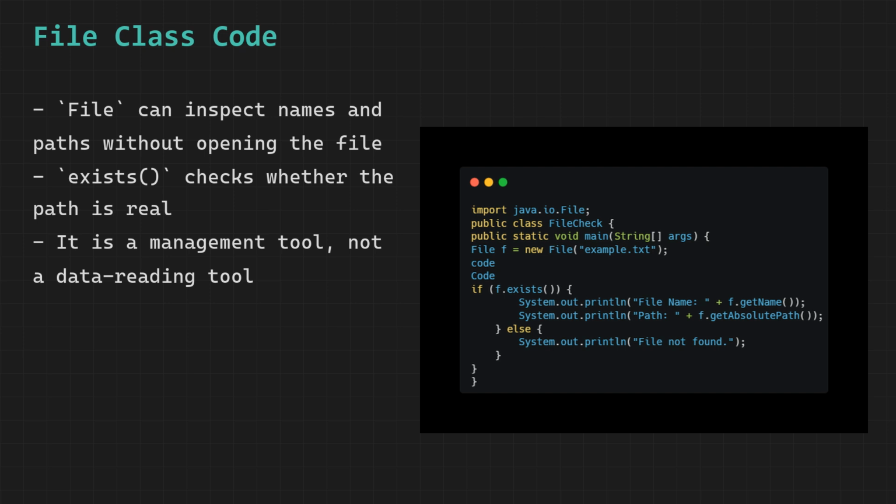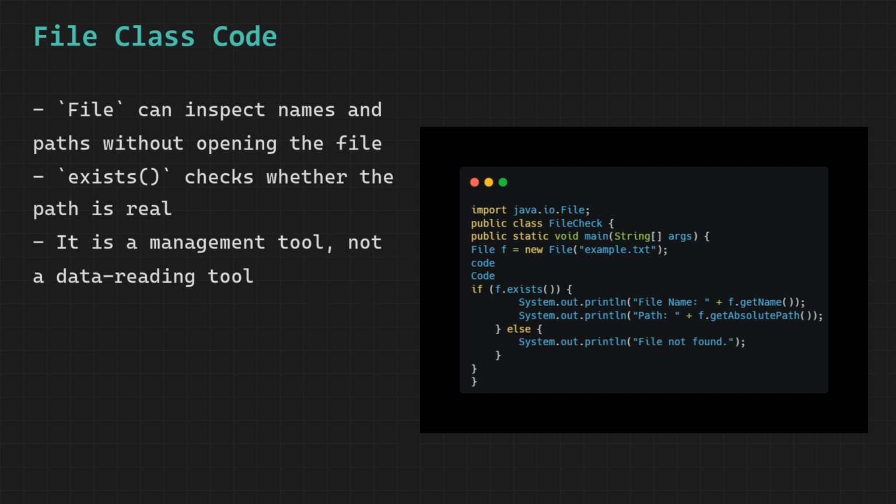Then we call f.exists(). This method actually goes to the file system and checks whether a file or directory exists at the path we specified. It returns true if something exists there and false if nothing is found at that path. If the file exists, we call two methods to get information about it.